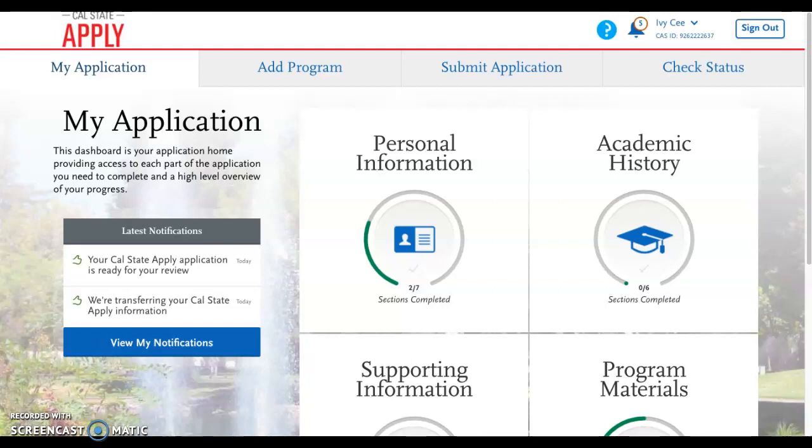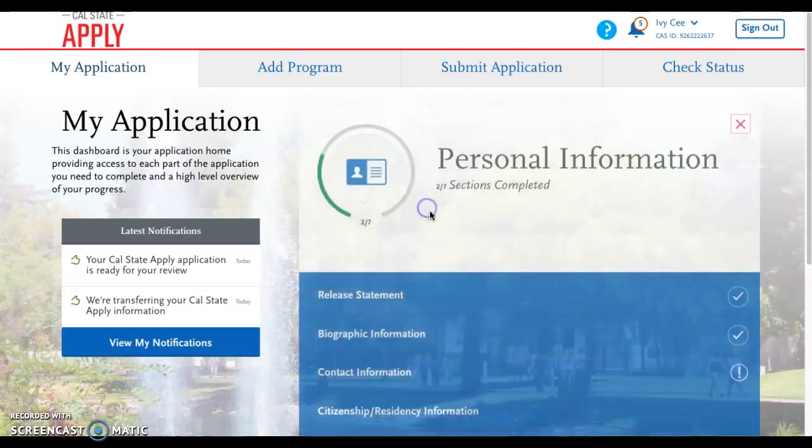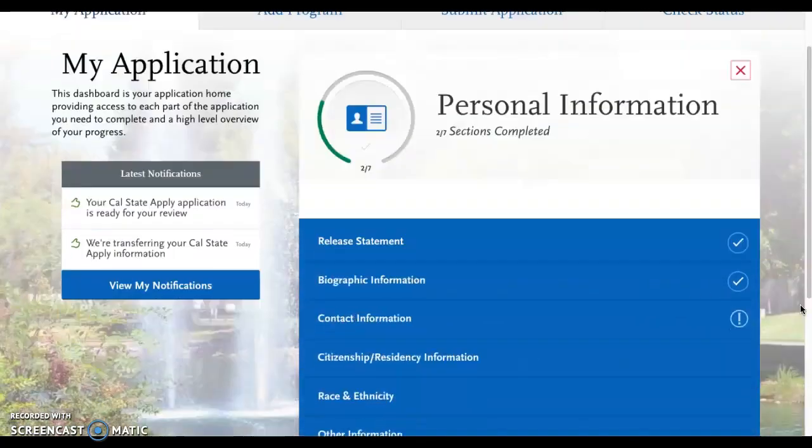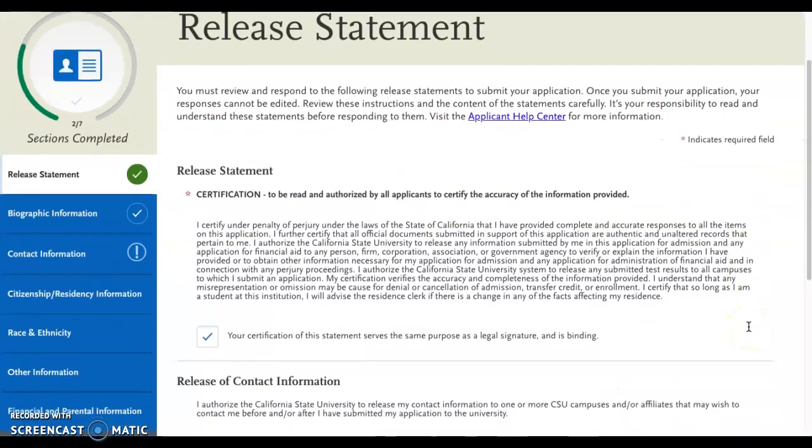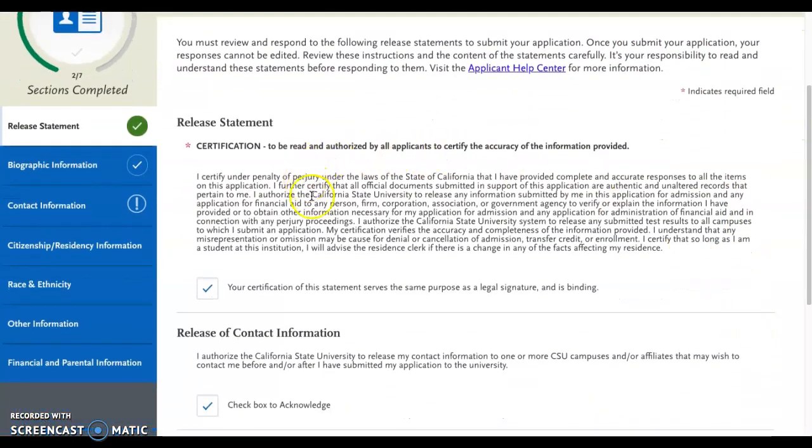In this video, we're going to show you how to fill out quadrant number 1, personal information. This quadrant is made up of 7 sections, the first of which is a release statement. Here, you want to make sure that you read this entire paragraph. And basically, by clicking here, you are certifying that all of the information that you are putting into this application